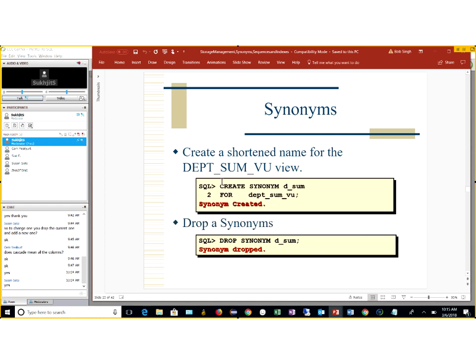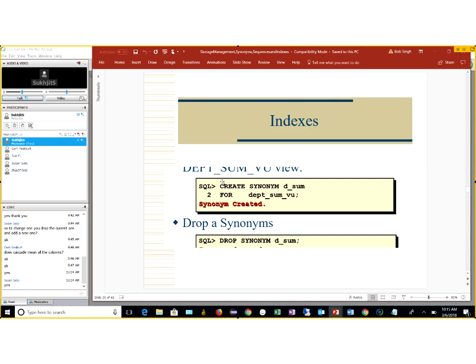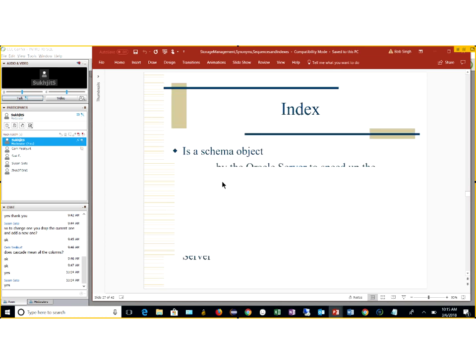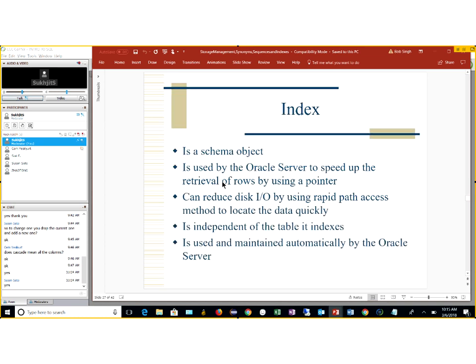And this is an example of how a synonym would be created. So there's a create and drop. There is no alter. We also have indexes that we are going to be creating for different kinds of